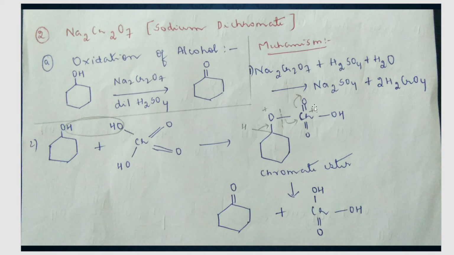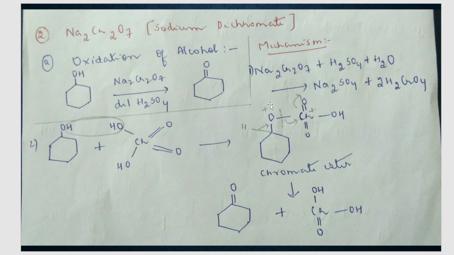Okay, now in the chromate ester, there's a breaking of the bond between the metal and oxygen. Metal-oxygen bond cleavage takes place, and this bond shifts towards chromium. Why is it shifting towards chromium? Because first, this double bond O oxygen is there, no? The pi bond shifts onto oxygen as O minus, so chromium will get a plus charge. In order to neutralize that plus charge, this oxygen-chromium bond cleavage takes place, and this bond shifts onto chromium. So what is the charge on oxygen now? Since the bond has shifted away, oxygen will get a plus charge.